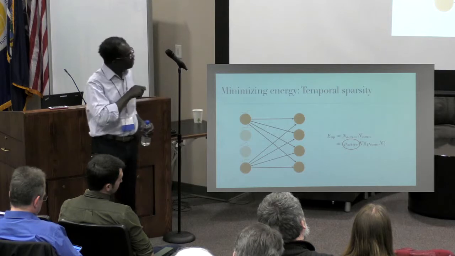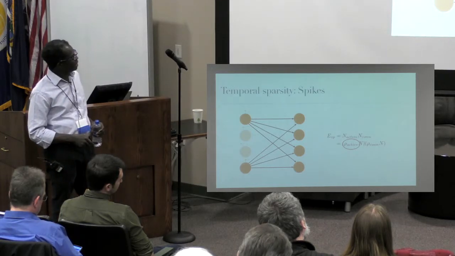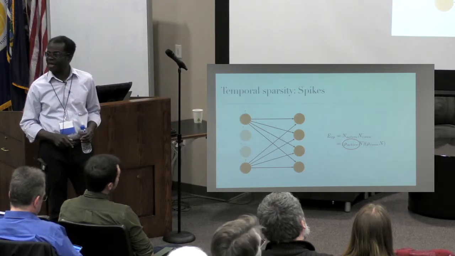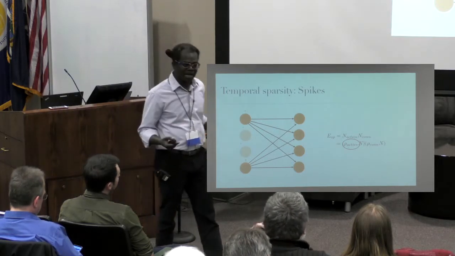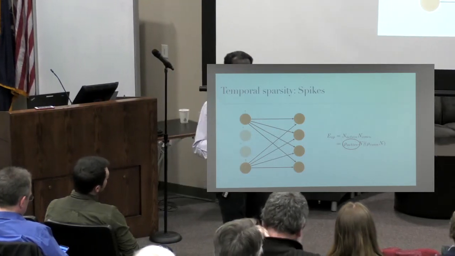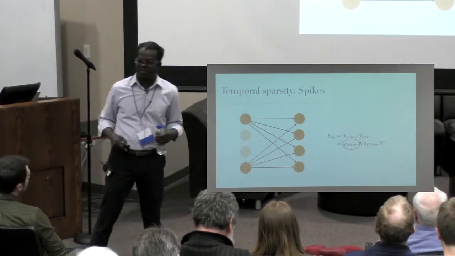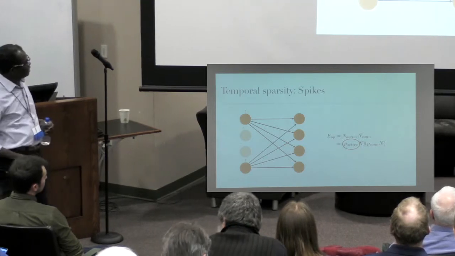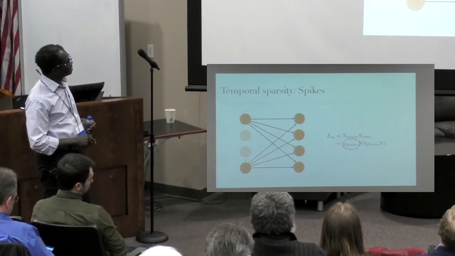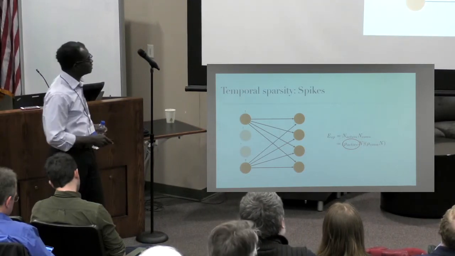But you can actually make things even more temporally sparse by taking advantage of spikes, because when you use spikes, you design your architecture to be event-driven. It only does something when a spike occurs. And then you can really push on this temporal sparsity with spikes. So I see that as the advantage of spikes.